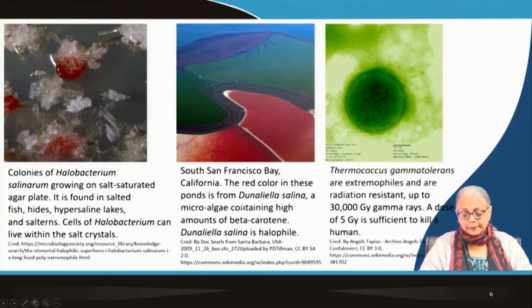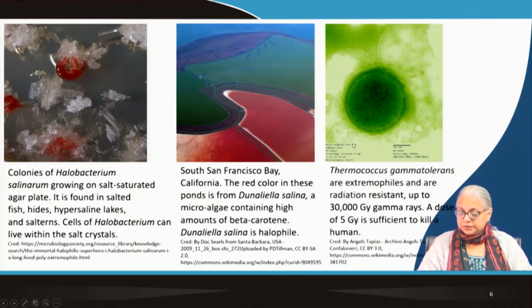So this is a red algae, Dunaliella salina, which has very high amounts of beta carotene, and it's a halophile. So it is red in color. In fact, I should mention one more point here, that sometimes you can see a pinkish color where you have high saline solutions or high saline containing wastewaters. You will find this pinkish color, and that pinkish color may be due to either the bacteria that are growing in these conditions or due to these red algal cells. So you have to test the sample for all these possibilities.